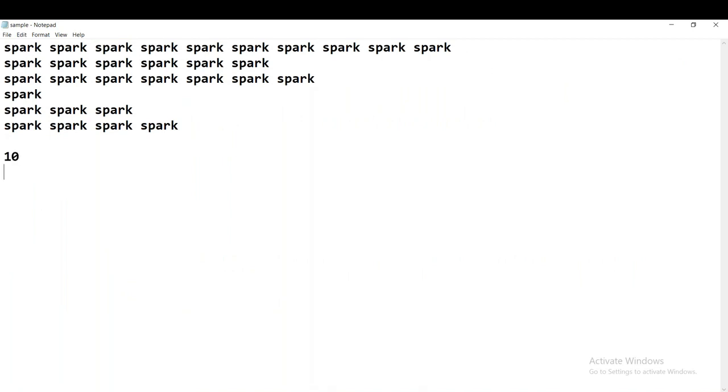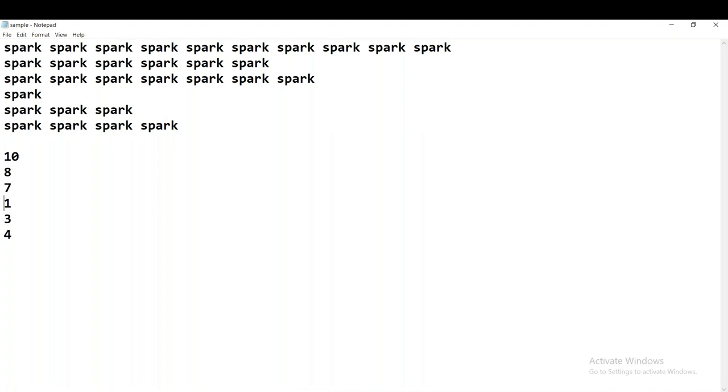Now if it is 10, 8, 7, 1, 3, 4, let's say like this, what should be the number of columns in the data frame that we are going to generate? In the first line we have 10 words, in the second line 8 words, 7 words, like that. So in the corresponding data frame that we are going to construct, how many columns have to be generated? 10, right? Perfect, 10.